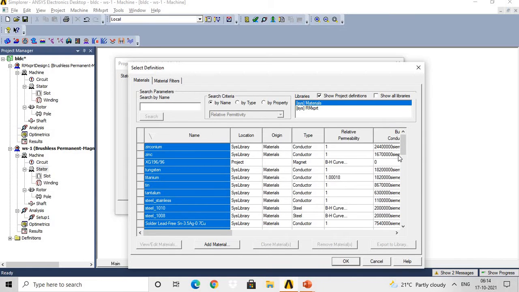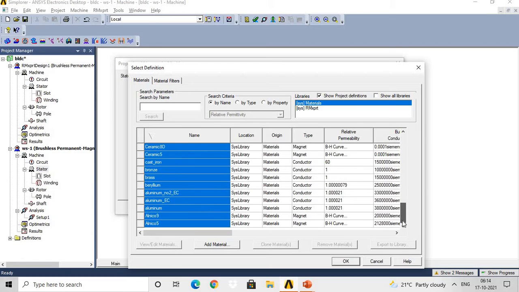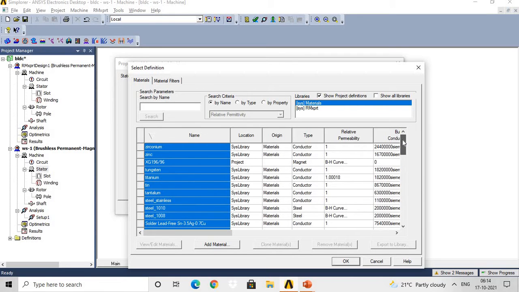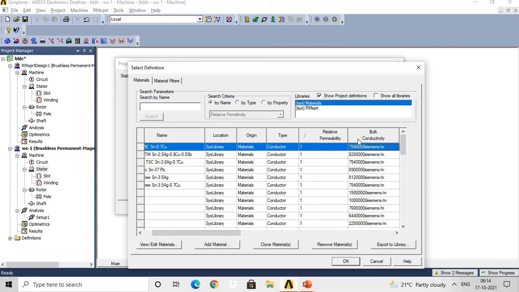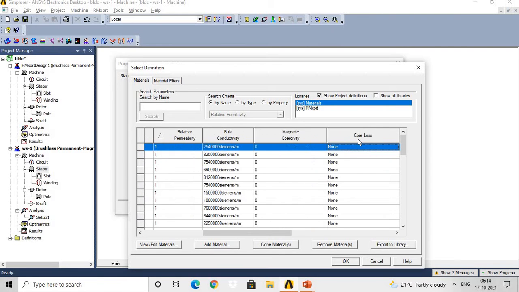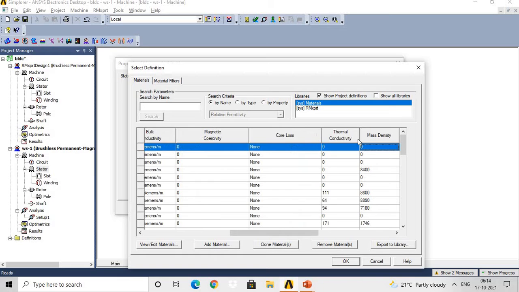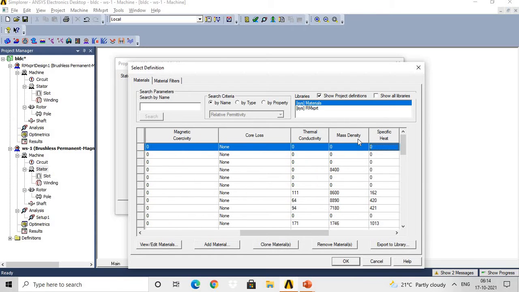There is a huge list of different materials under this material library, and the information of each material in terms of location, origin, type, relative permittivity, bulk conductivity, magnetic core loss, thermal conductivity, mass density, specific heat, etc. is available under this material library.